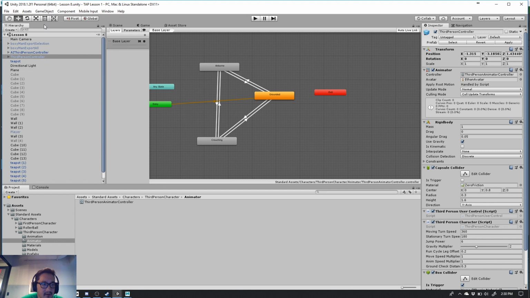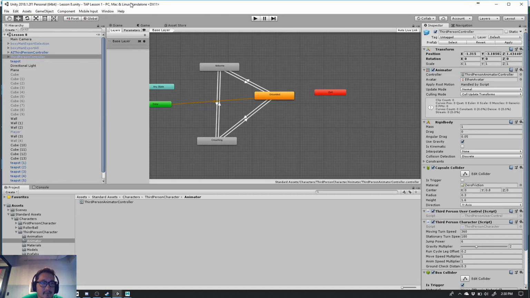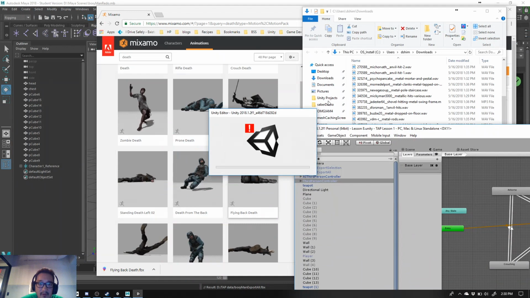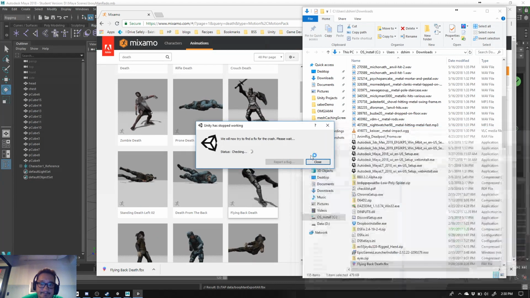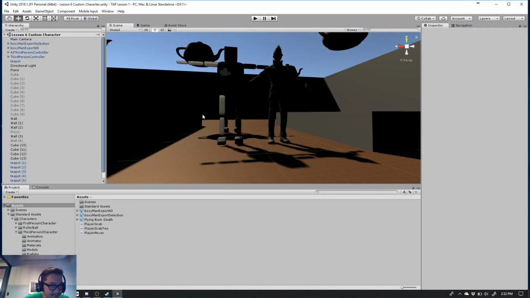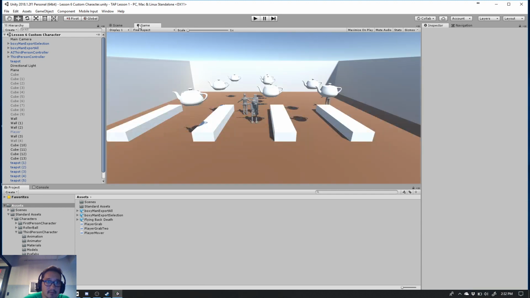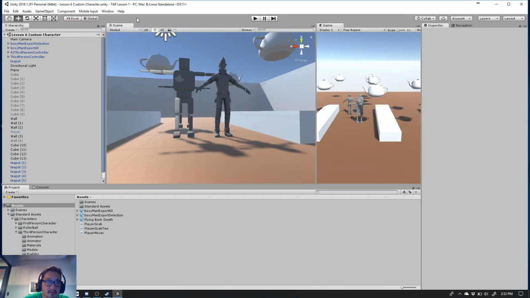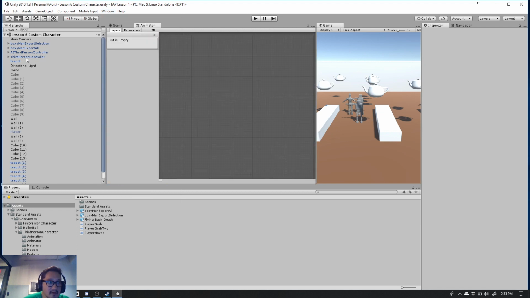If you want, what we could do, whether you want to or not, I'll show it to you. Moving my animator tab, it looks like it just disappeared. I need to bring it back. Whoa, made Unity crash. Now maybe, what if I close some of these tabs? What if I move my game window to the side? So now when I bring up animator,